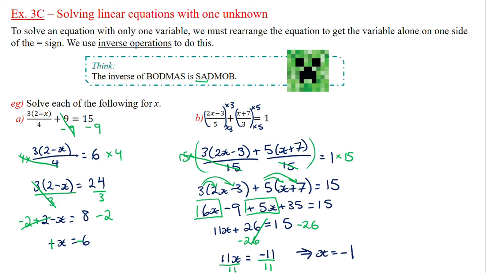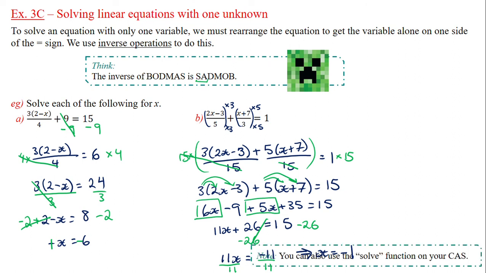Finally, you can use, and I would urge you to check all your answers using the solve function on your CAS, and because I've written over it, you cannot even see that. But it says note, you can also use the solve function on your CAS. So what we could have done was solve, open bracket, I'll write it all in, let's go red. We could have written solve, open bracket, all of this, just as it was written in black originally, comma x in there before we close the brackets, okay? And that would be how you'd complete that